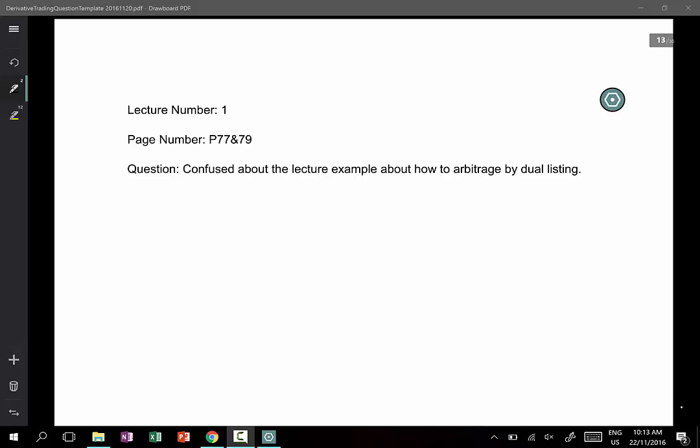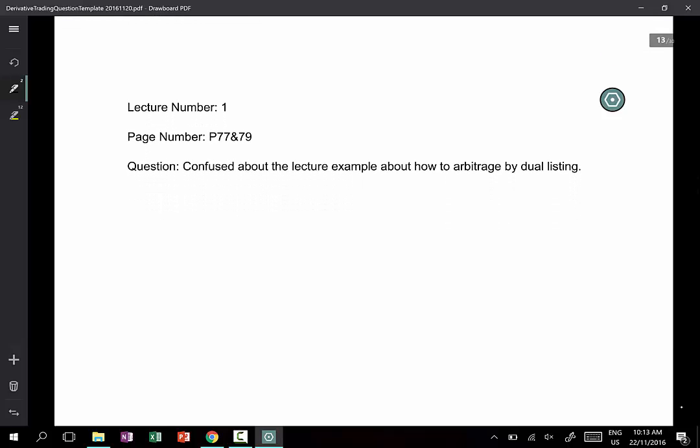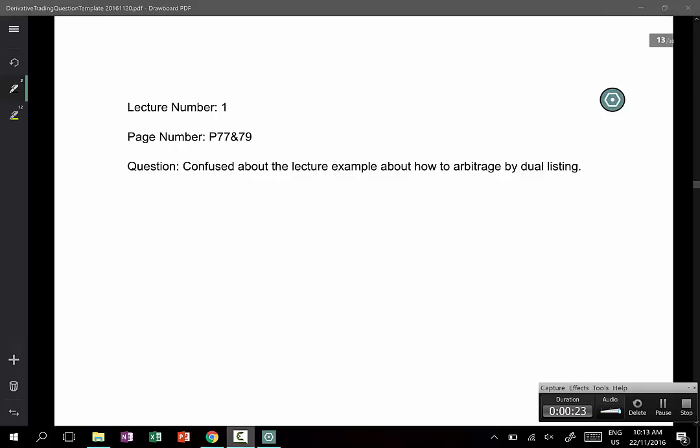Okay, so we're now at the question on page 13. This is regarding lecture 1. Confused about the lecture example of how to arbitrage by dual listing. The problem is that I don't know exactly when this question was posted, and we have talked about this topic